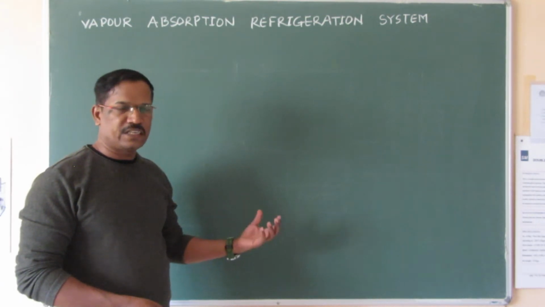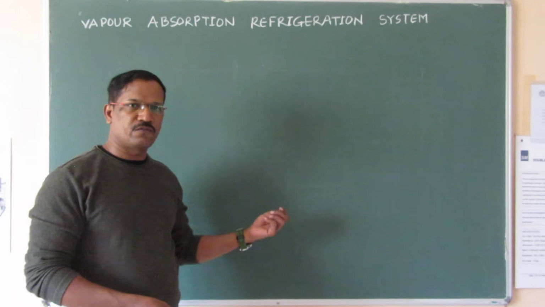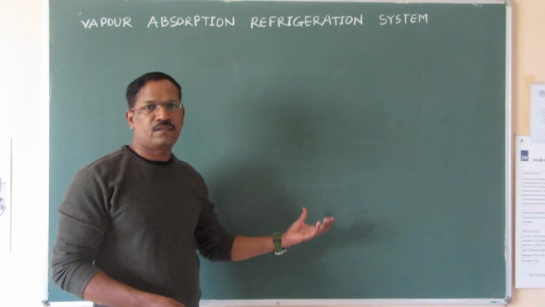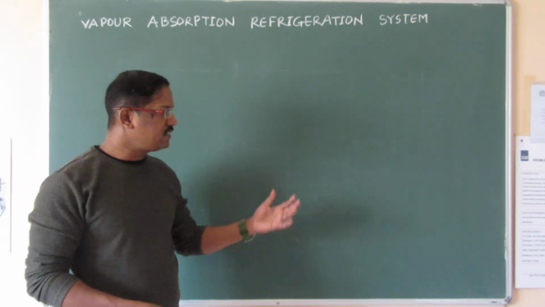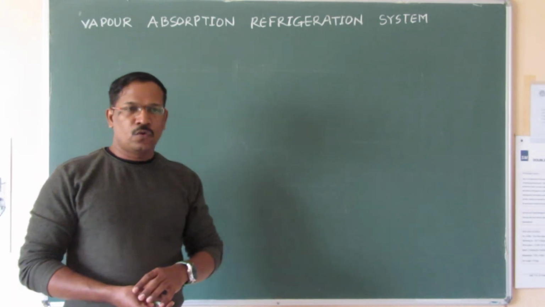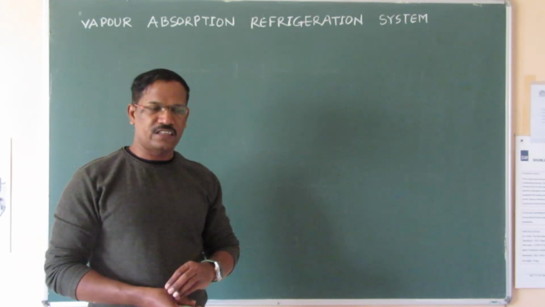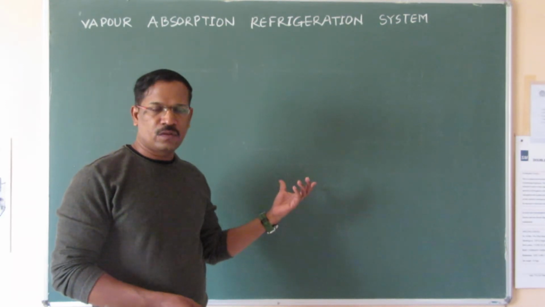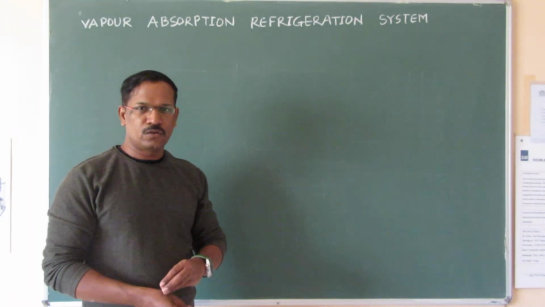In the process, we require a compressor to make the refrigerant high pressure, high temperature, and vapor form. Here, with the help of the absorber and generator, we complete the function. Let us see how it is going to work. In this system, two working fluids are used. One is the refrigerant, and I am explaining this system with ammonia, NH3, as the refrigerant. The second fluid is the absorbent, that is water, H2O.